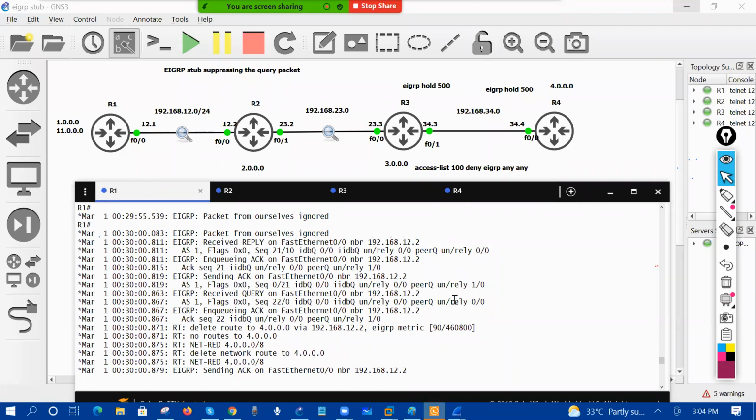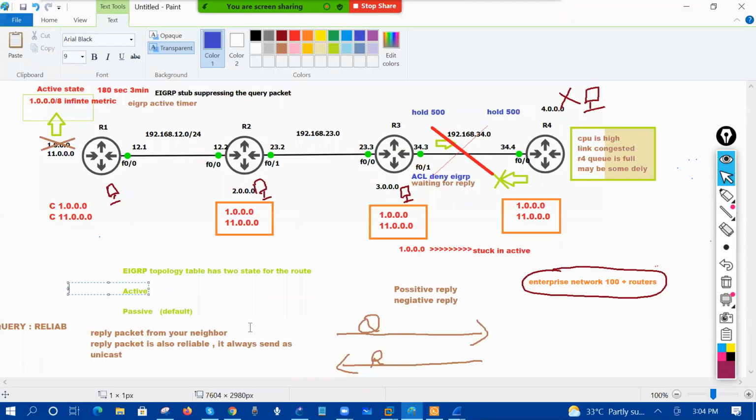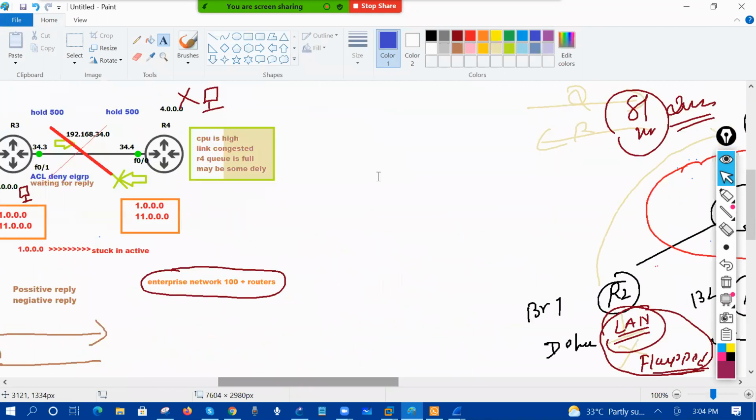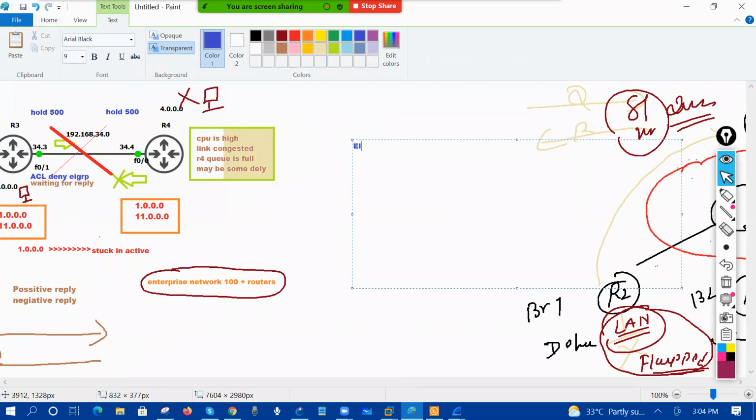All this is happening. To avoid this problem, can you see that my neighborship got dropped, right? Whatever user is sitting behind this guy cannot communicate with this person. To avoid this problem, we have introduced the concept of EIGRP stub. And what is stub going to do? It suppresses your query packet. So if I'm not going to send the query packet,